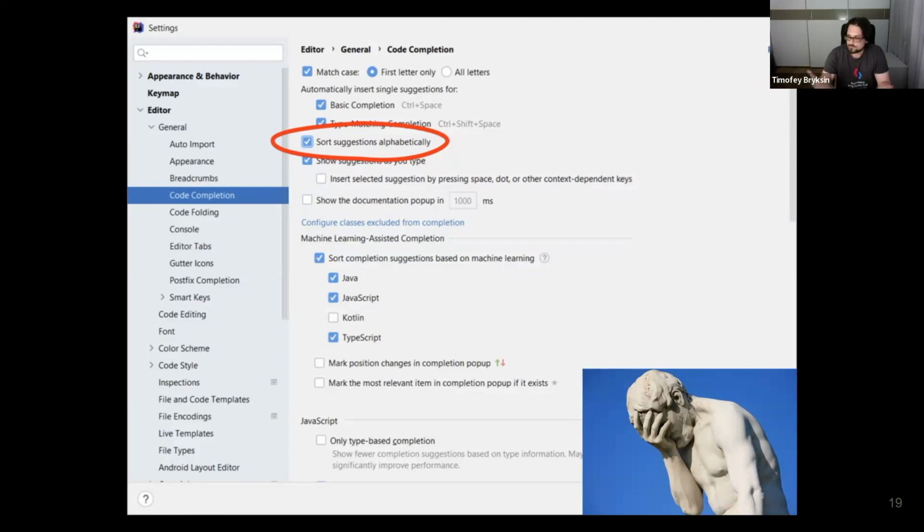I don't know why people use alphabetical sorting in 2023, but still some people obviously do. When we got this, we added another feature, whether the user has alphabetical sorting enabled.